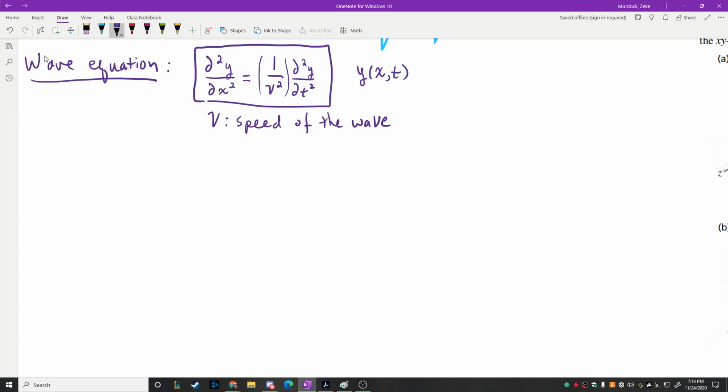So our goal with Maxwell's equations is to prove that they produce the exact same equation, except the y's are going to be the electric and magnetic fields. Okay? All right. So any function, how would I want to write this? So let's see, any function y of x and t that takes this form